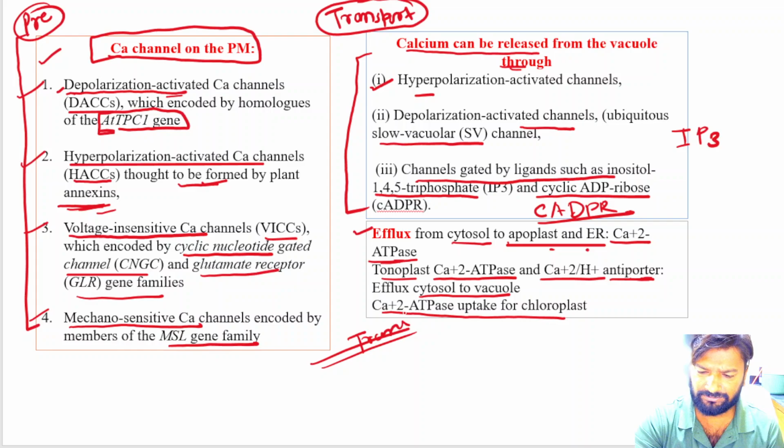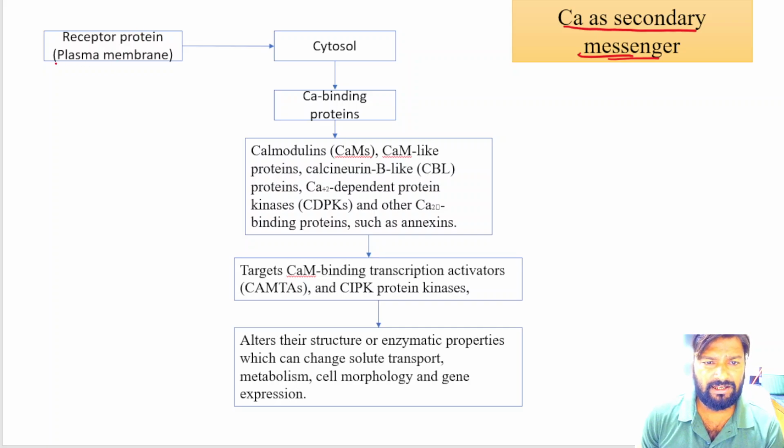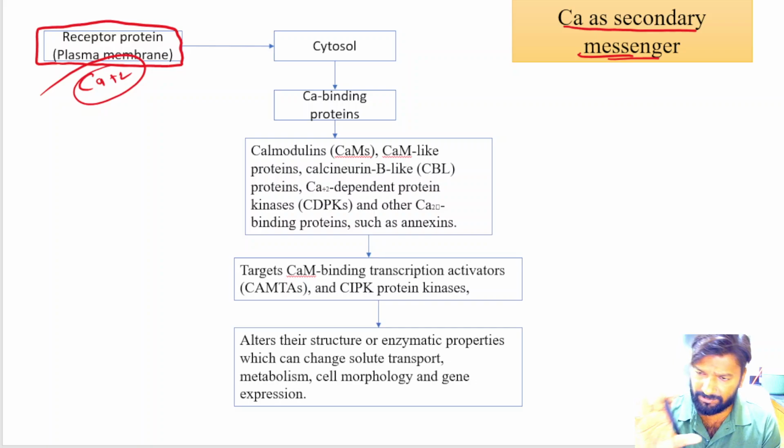ठीक है, now talk about and discuss about the calcium. तो कैल्शियम कैसे सेकेंडरी मैसेंजर का, तो you know that in the plasma membrane there are the receptor proteins, ओके। इसके लिए कैल्शियम, ओके। प्लाज्मा मेम्ब्रेन पे आपका क्या होता है, receptor protein is present on the plasma, ठीक है।